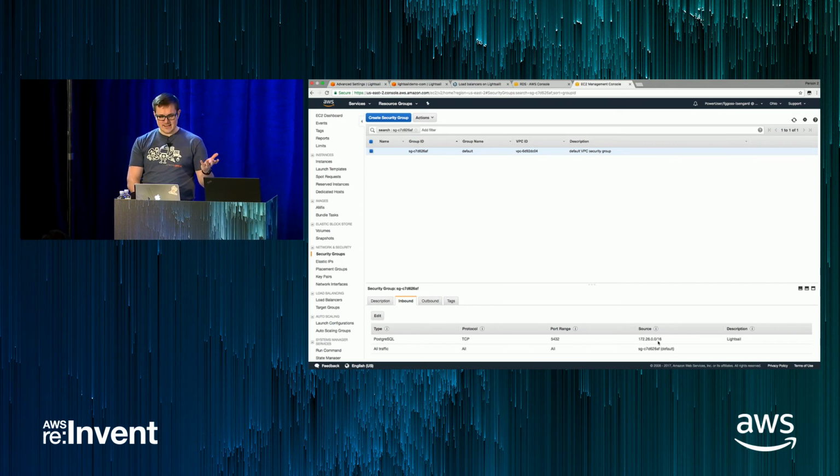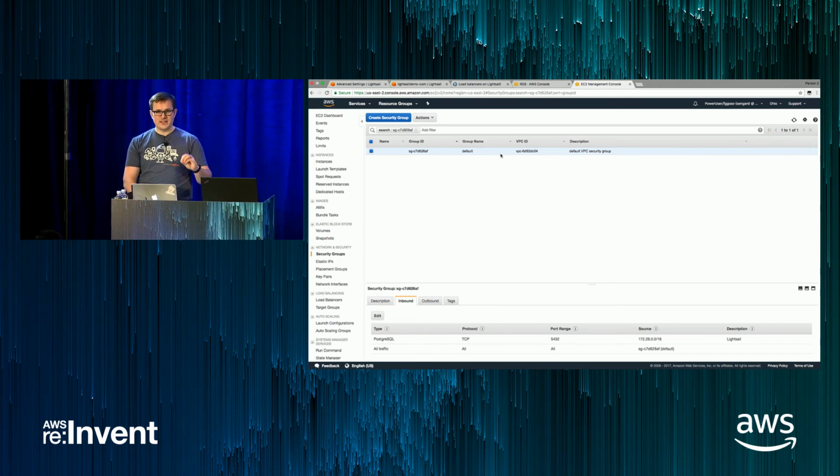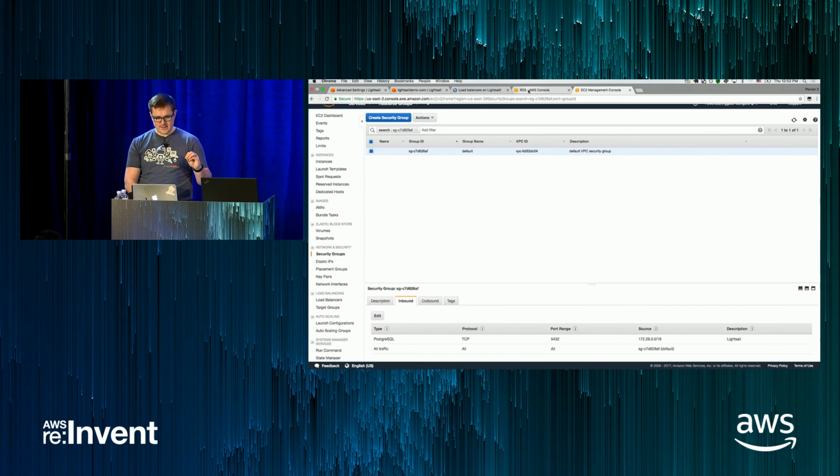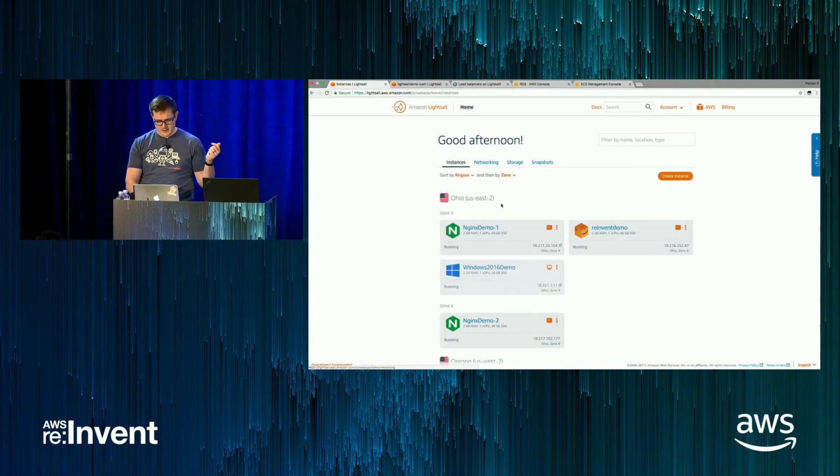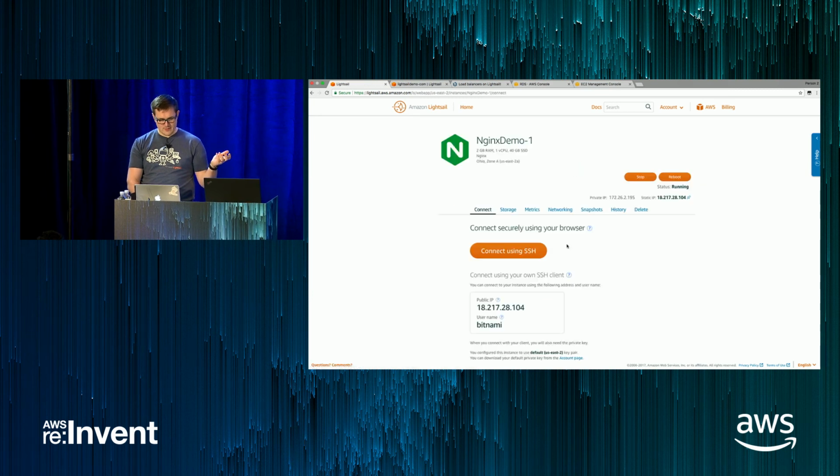In Lightsail, the private IP addresses for your instance are going to be, for example, for my Nginx server,